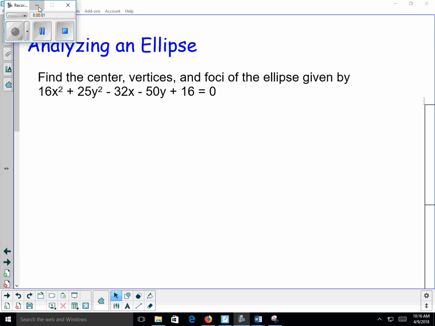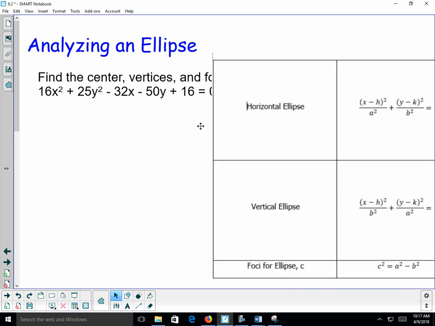Hello, what I'm going to do today is go through one problem where it's an ellipse, and I want to go through the process of completing the square to put the equation of the ellipse in standard form. And from that, we can find the center, the foci, and the vertices, and then we can plot it. So what you should have with you right now is, on the back of the 9-1 helpful equations, I gave you the 9-2 helpful equations,